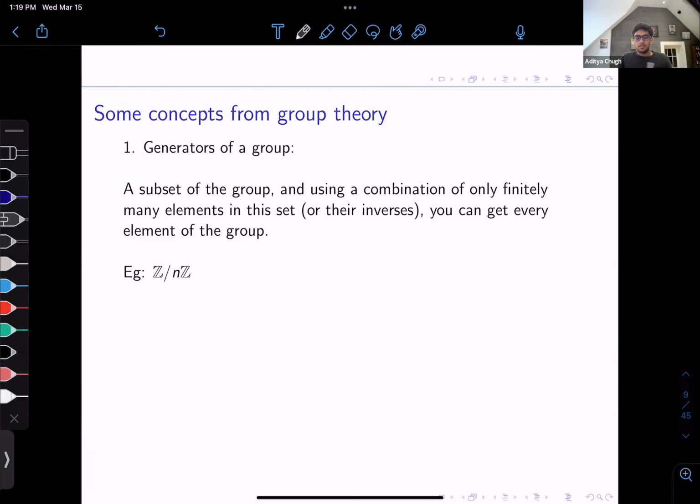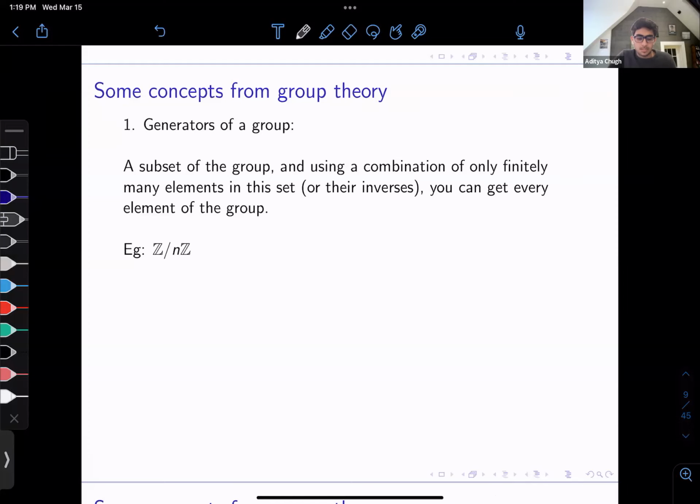So a very interesting example is the cyclic group, because if you consider the element 1, and the operation here is addition, you could keep adding 1 again and again. You could do 1 plus 1, say n equals 3 again, just for simplicity. You will get 2, and then if you do 1 plus 1 plus 1, you will get 0. And in this way, we were able to generate all the elements of the group. And you can do this